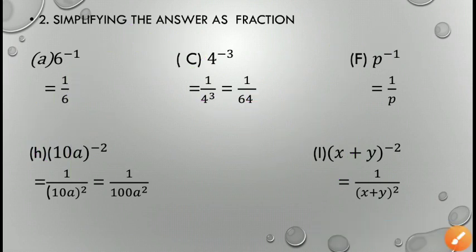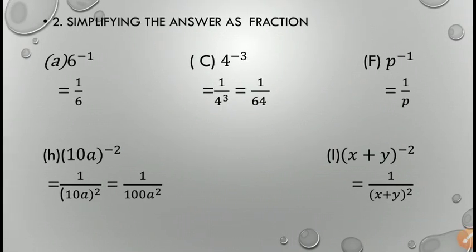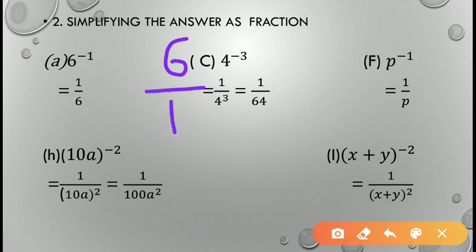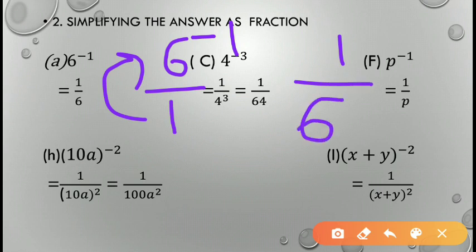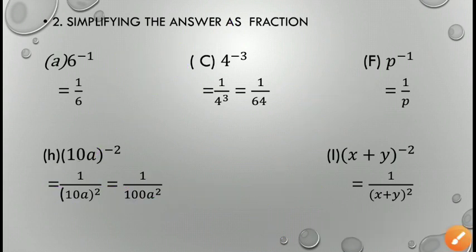In a similar way, here it is written 6 to the power minus 1. What is the denominator of 6 here? Here the denominator of 6 is 1. We can write it like this. So just change their places, meaning 1 by 6, and this minus 1 will convert into plus, and 6 to the power 1, the value will be 6 only. So your answer is 1 by 6.